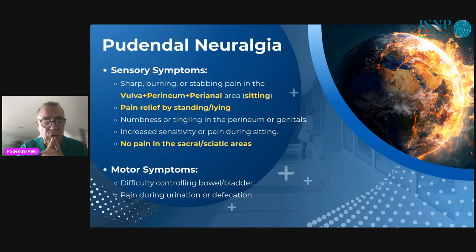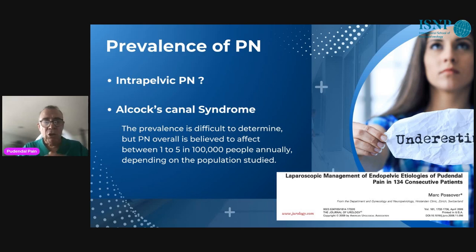But in this situation, the patient needs to have a lesion of the pudendal nerve on both sides. Usually a one-sided pudendal nerve lesion is not enough to induce incontinence so long as the nerve on the contralateral side is healthy. So the key with the pudendal nerve is to understand if we're talking about a pathology above or below. And when we look in the literature, all the papers will talk about